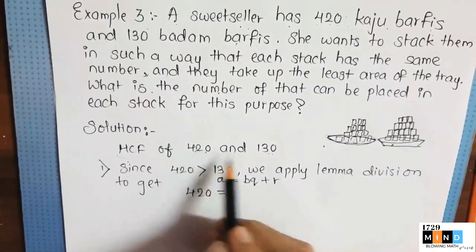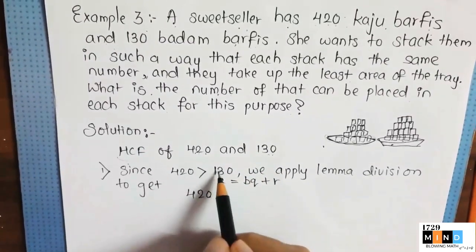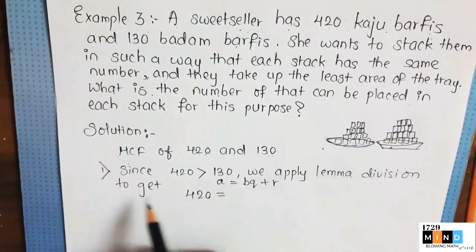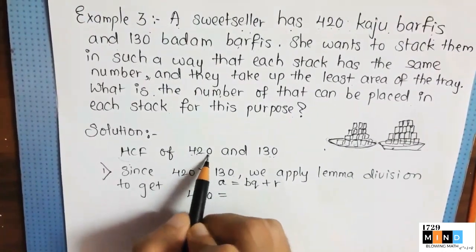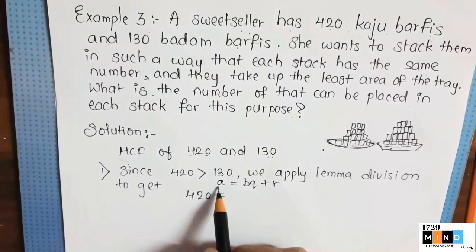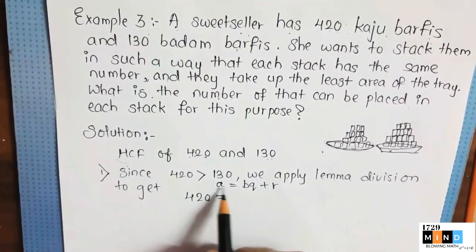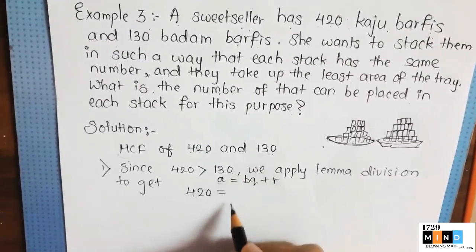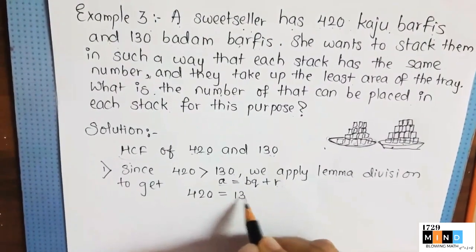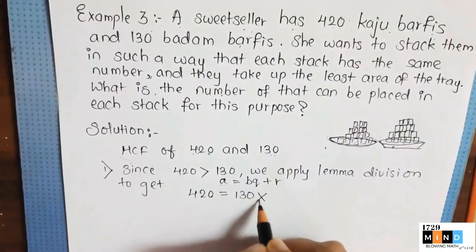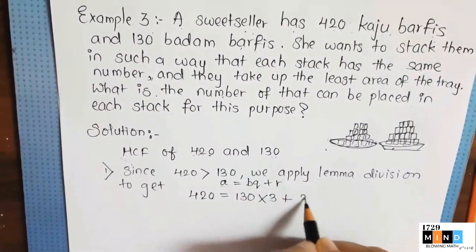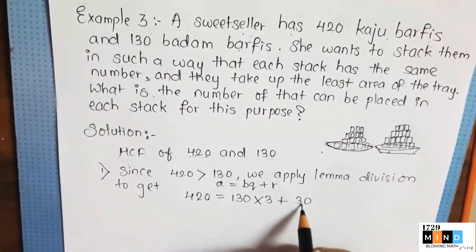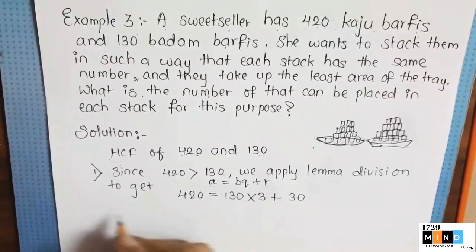So when we compare 420 and 130, 420 is bigger than 130, so we have to apply the lemma division method on 420, and don't forget, we have to write it in the form of a is equal to bq plus r. So if I divide 420 by 130, I will get 420 is equal to 130 into 3 plus 30. That means 130, 3s are 390, and 30 is the remainder. Next step,